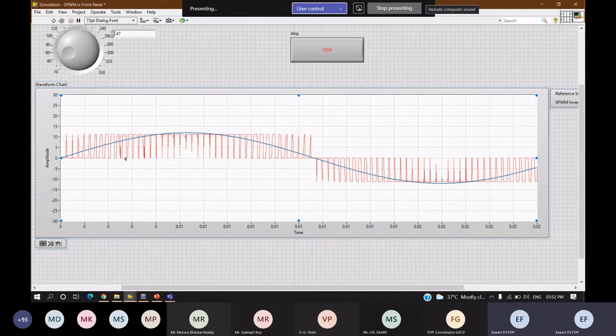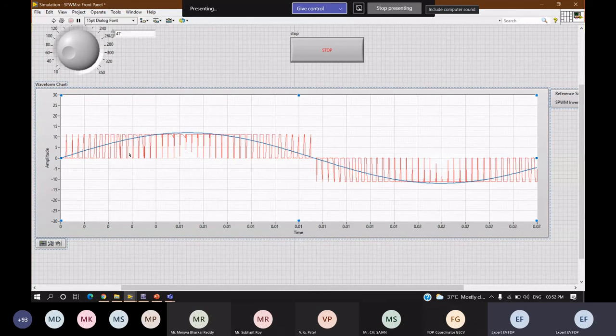In this SPWM signal you can see that initially the on time will be less and the off time will be high. As time increases, which means the amplitude of my reference signal increases, the on duration of my final output will be increasing.